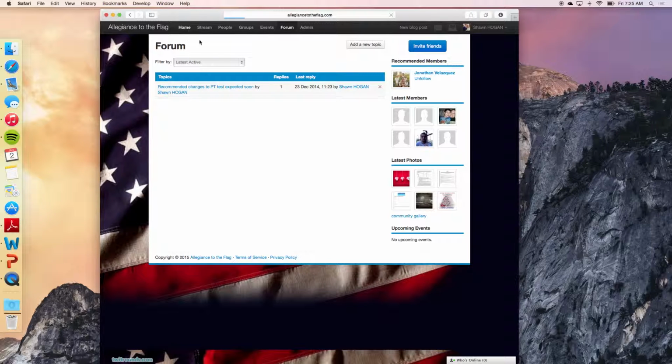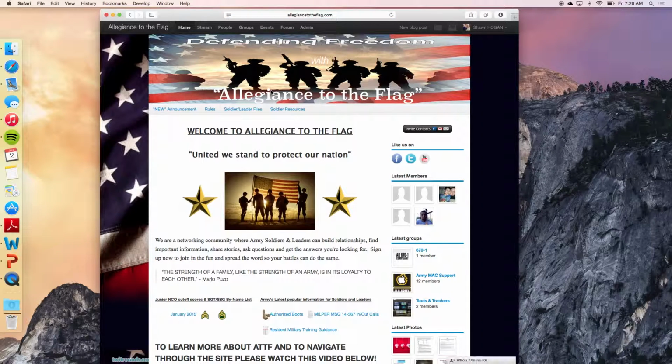So that's essentially, guys, a little bit about Allegiance to the Flag and how to move around. The most important thing is that we spread this word to our community. We get involved and utilize the resources that you have to get the information that you need to be successful leaders. Just remember, we're united. We stand to protect our nation, to protect our flag,